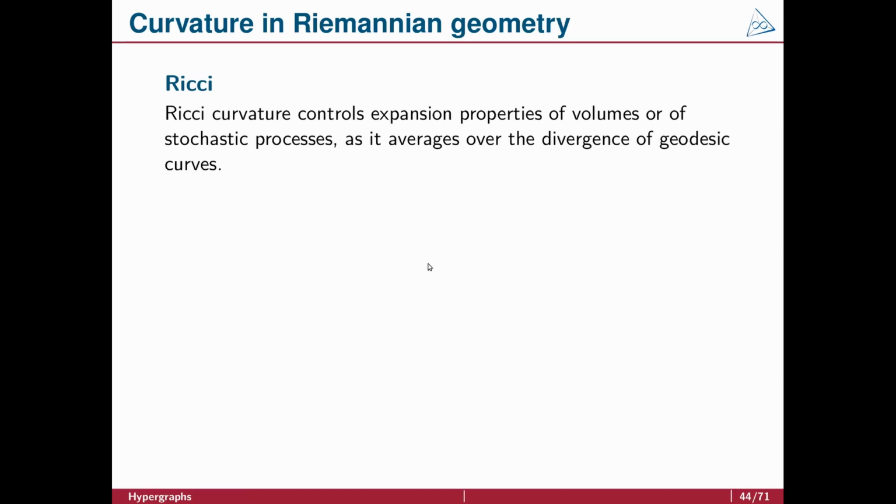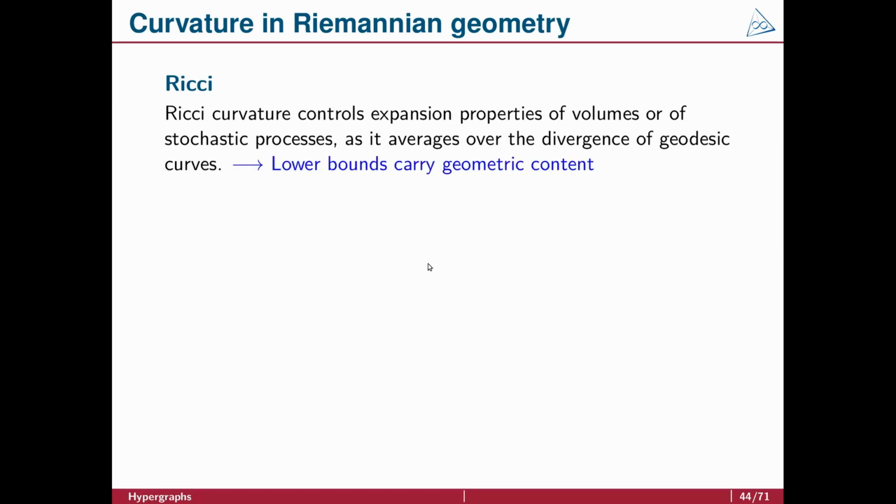If you have two random walkers on a manifold and you want to couple them, so that if one moves left the other also moves left, then the more positive the Ricci curvature is, the easier it is for them to eventually meet. These are basic properties, and you can take them as inspiration for developing Ricci curvatures on